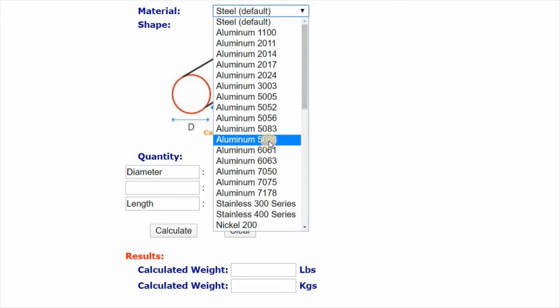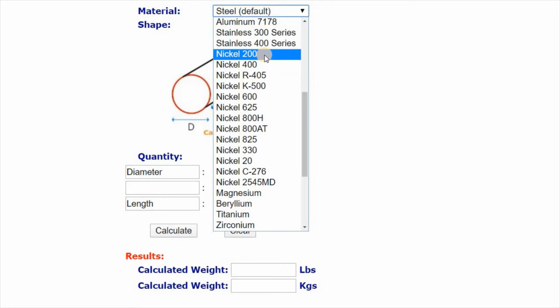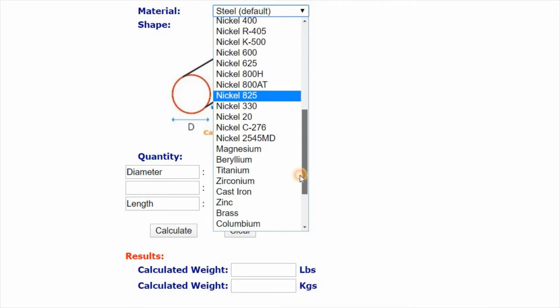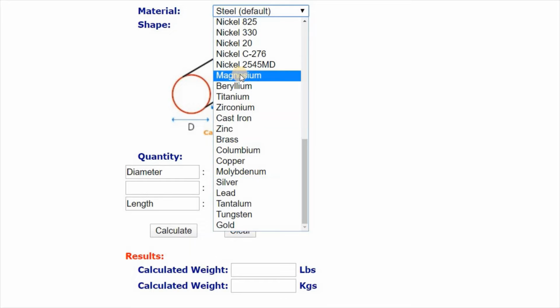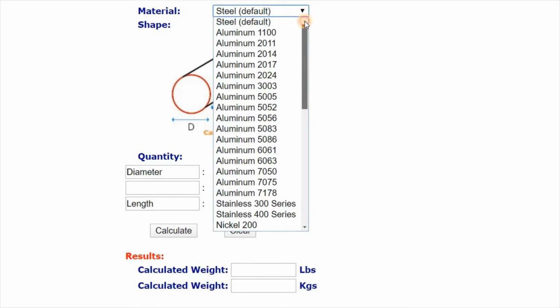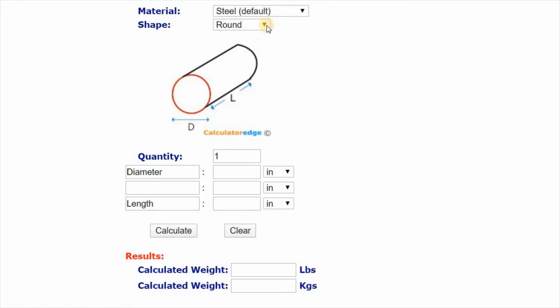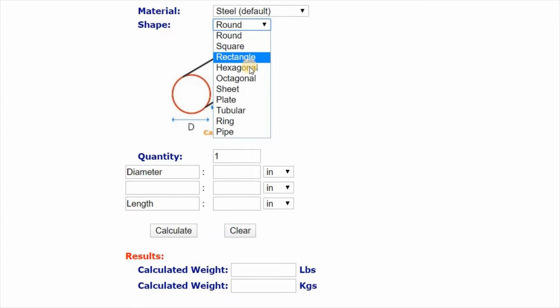You can have any kind of raw material like aluminum, any type, then stainless steel, then nickel, and our entire material list is here. If you want to check with steel, you can have a round, square, rectangle, hexagon, octagon, and then sheet metal plate, tubular, ring, pipe, anything you can select.